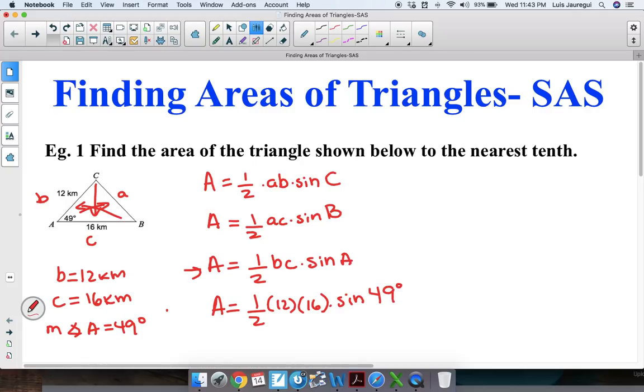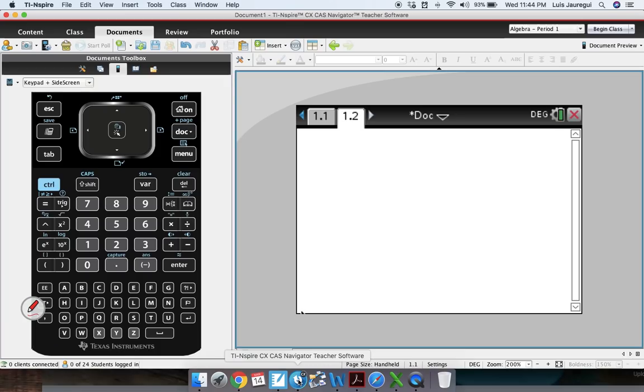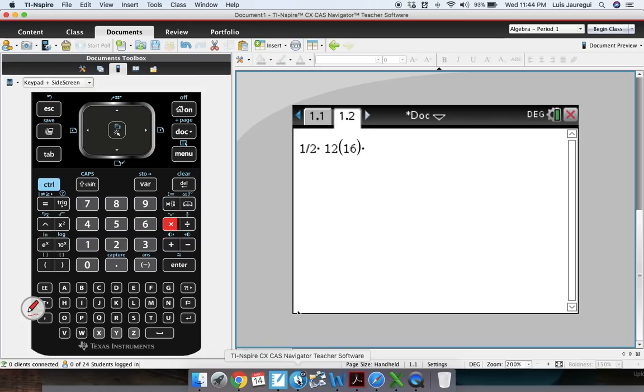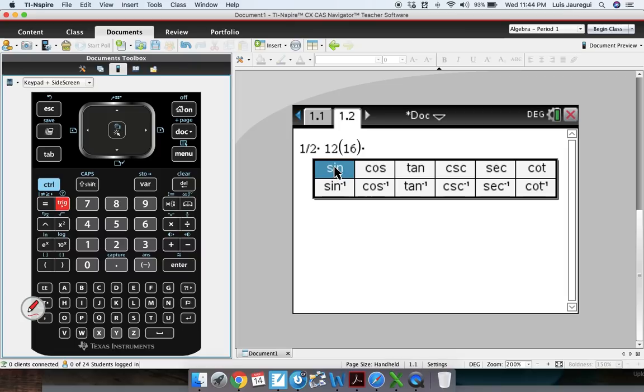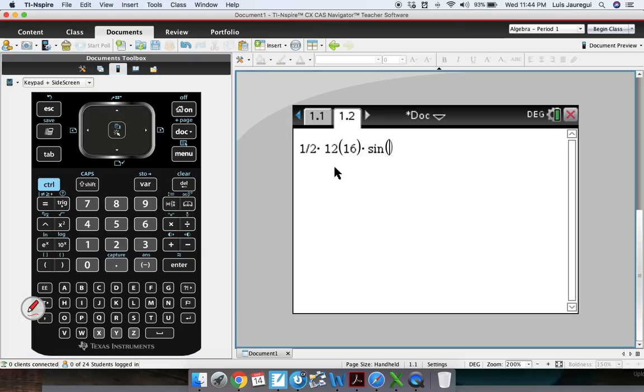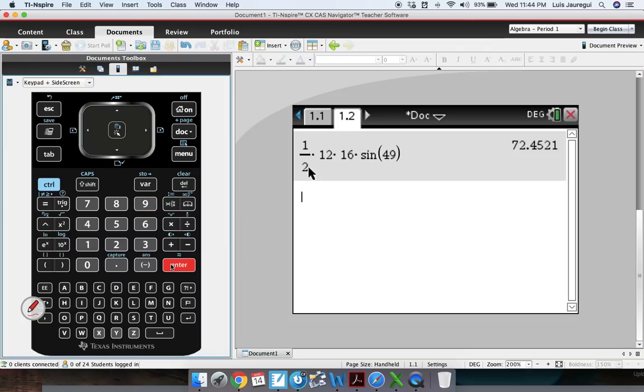Now in this case, what we're going to do is the following. Let's go ahead and use the technology so we can enter this expression and we can get an approximate value rounded to the nearest tenth. So in this case, we're going to use the Inspire, and we're going to type in 1/2 times 12 times 16 times sine, so trig sine of 49 degrees, and we're going to go ahead and click Control Enter. Notice your approximate value will be